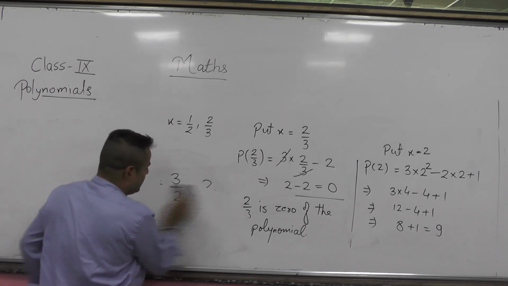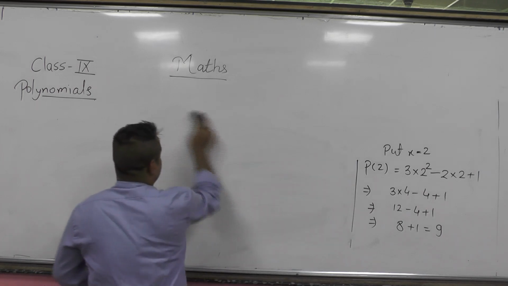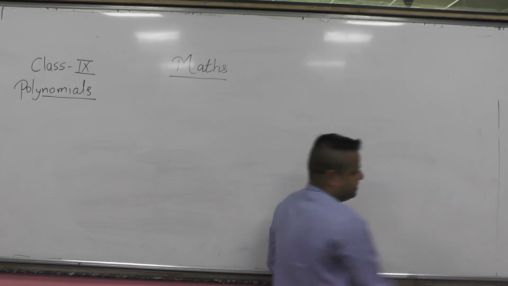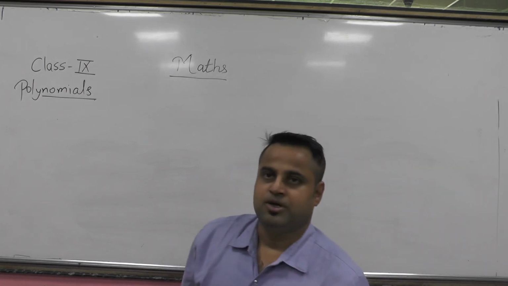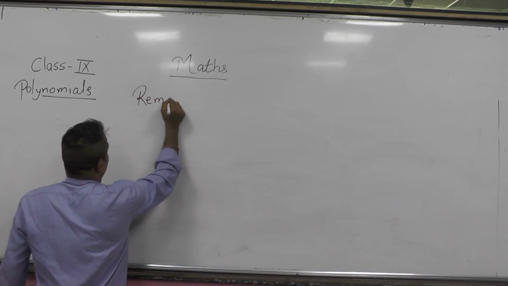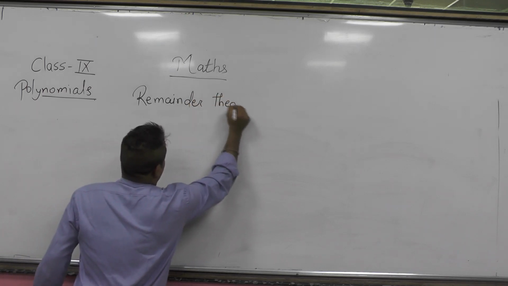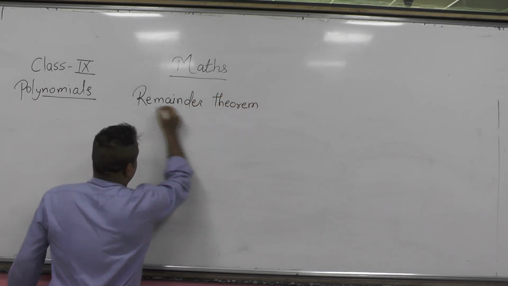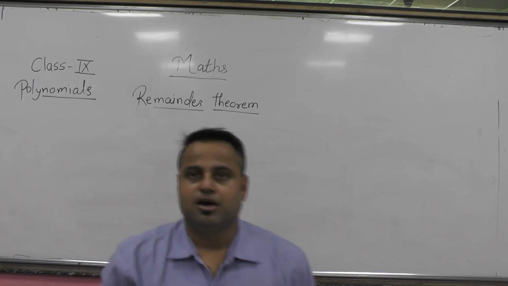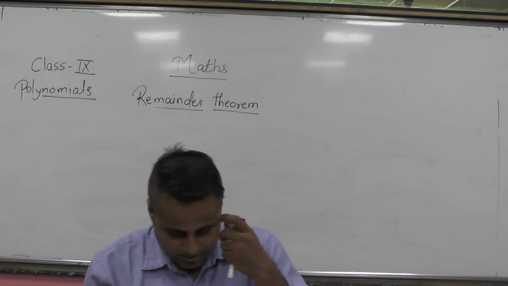Okay, now we are moving further with a theorem here. There are two major theorems mentioned in polynomials. The first theorem is known as the remainder theorem. So first we will see what the remainder theorem is, then we will move further. This is one of the very important theorems, and one of the topics which is frequently asked and will remain in the future classes also. It is very important. Let's see what it is.